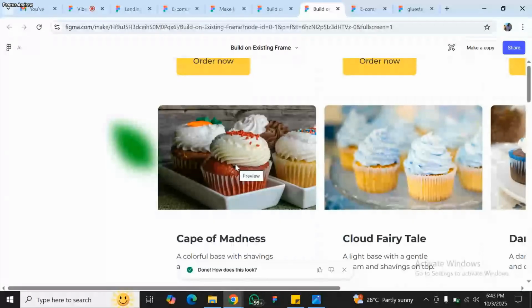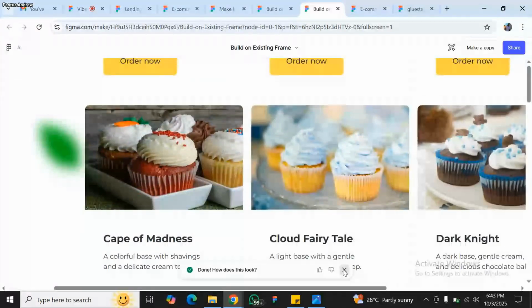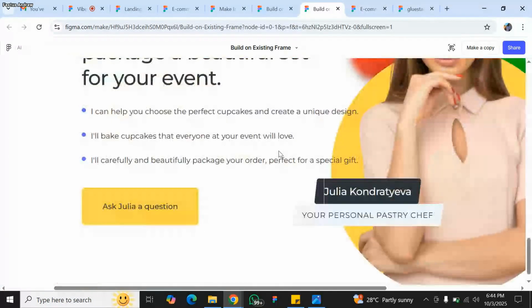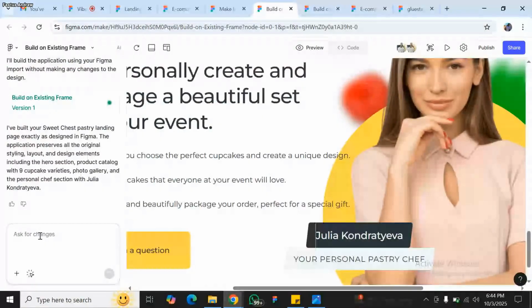Okay, I think it's called the hero section that we could fix. So we could come back to our build and prompt it